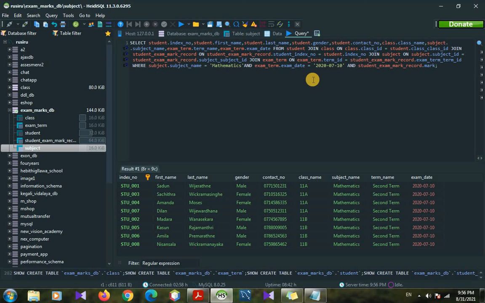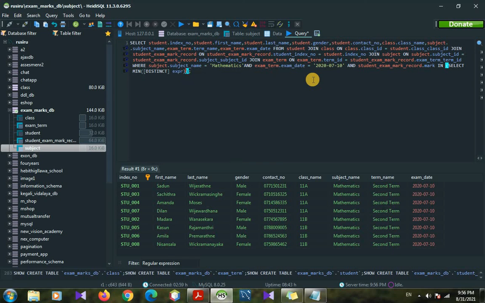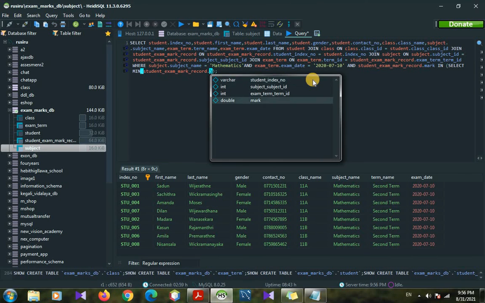So here we can give marks and type another query as in. In these two brackets we can select the minimum marks. So here we can give select min. Here we can use the min operator in SQL. So here we can give the column name as student exam mark record table dot mark.